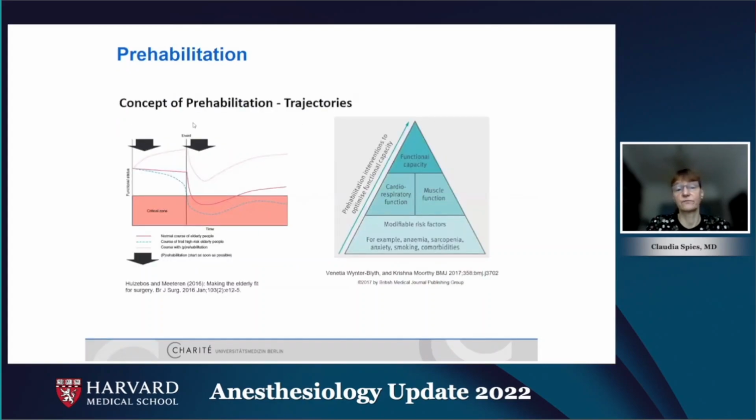But the concept of prehabilitation and the trajectories: this is the normal course of an elderly patient. That's the critical zone where the patient gets into after the event, that means the surgery. And this is the course of a frail patient. The patient very often never comes out of that critical zone and worsens. And this is a predictor of death at the end, or a long-term journey of the patient that's really decreasing quality of life. That's why we do that before: we evaluate the risk, identify the risk, give the patient a better